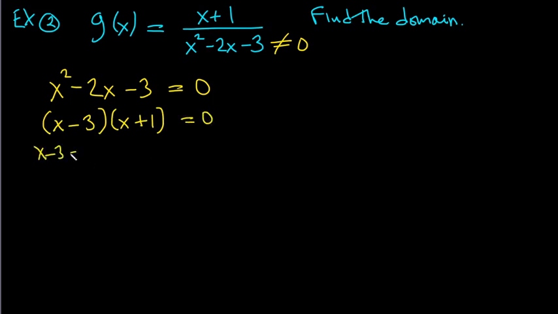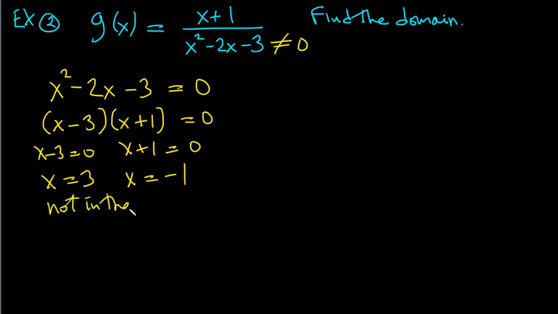So either x minus 3 is 0 or x plus 1 is 0, in which case you get x equals 3 and x equals negative 1. So two values of x which solve this equation. And so there are two values of x which make the denominator equal to 0. Right? So these are the numbers that are not in the domain,